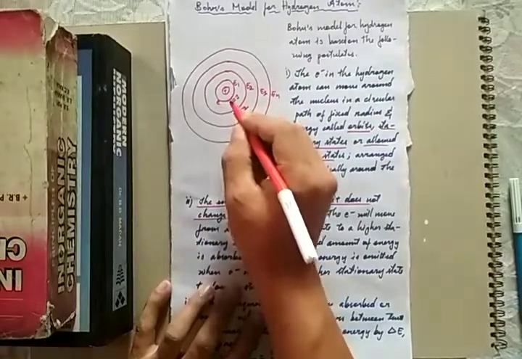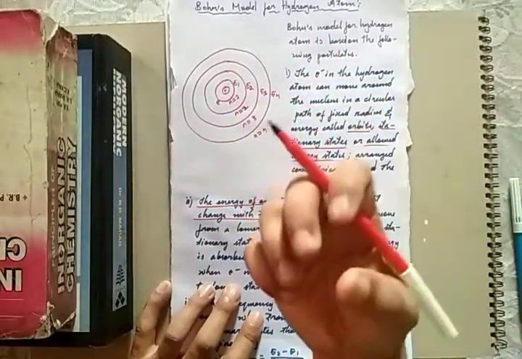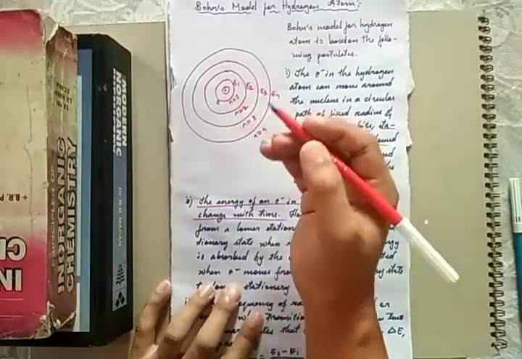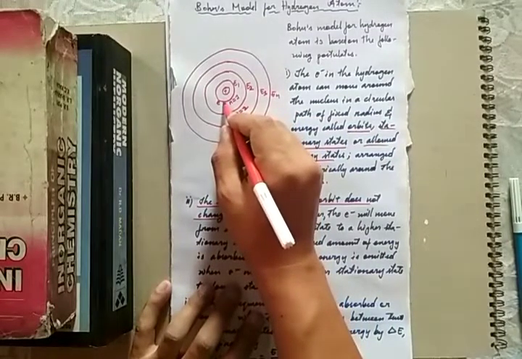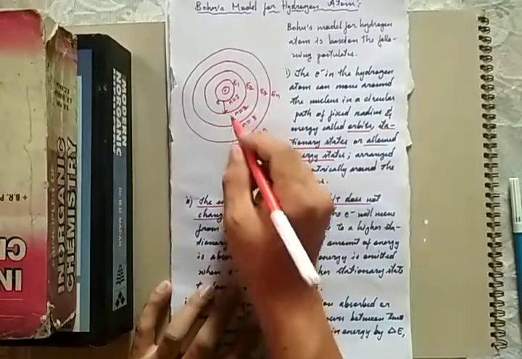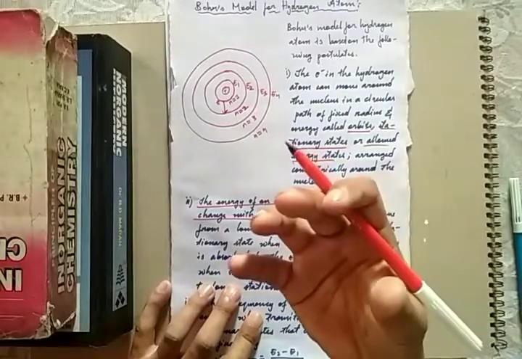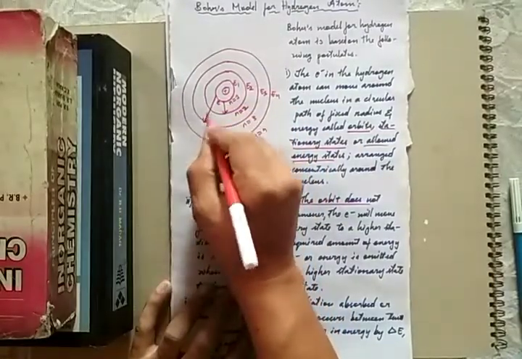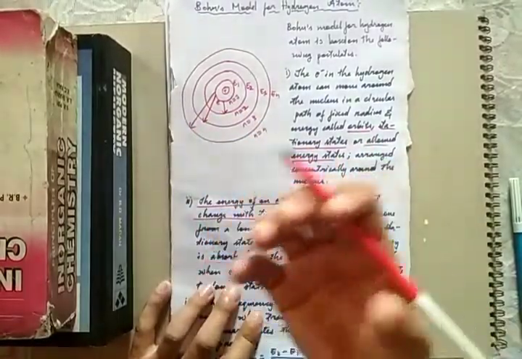An electron may gain energy or absorb radiation. After absorbing radiation, they will move from this stationary state to a higher stationary state, n1 to n2, or they might move from n1 to n3 or n1 to n4,